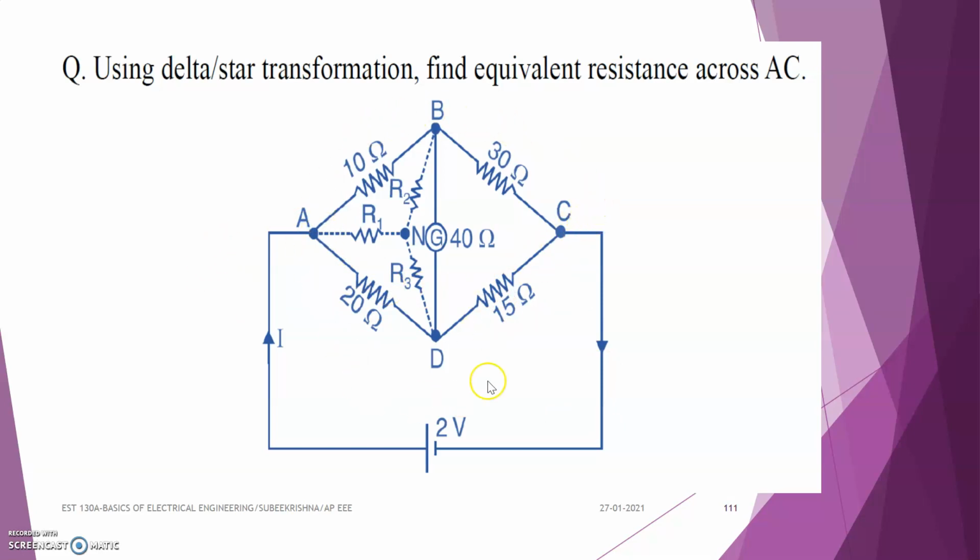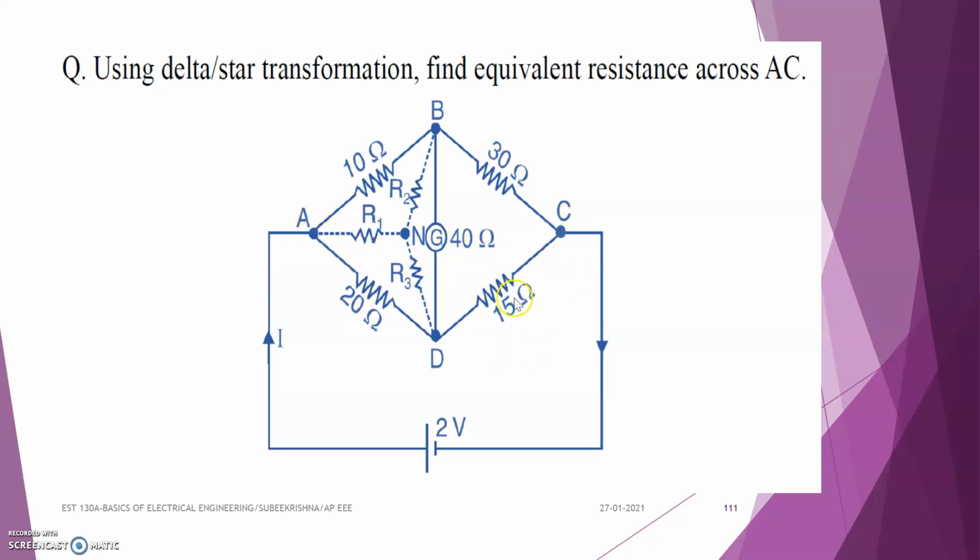Here numerous resistances are connected in this circuit. Some of them are connected in delta and some of them are connected in star. So we are going to convert all these resistances into the corresponding star or delta by applying the transformation here, and finally we should find out the value of the equivalent resistance present between A and C,